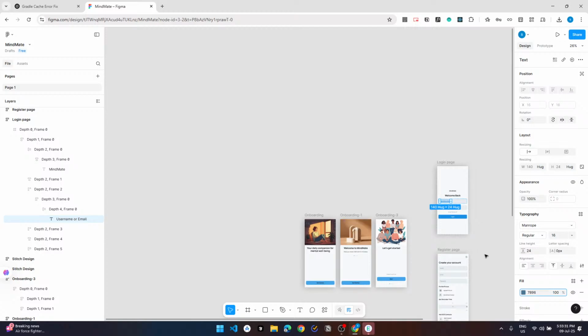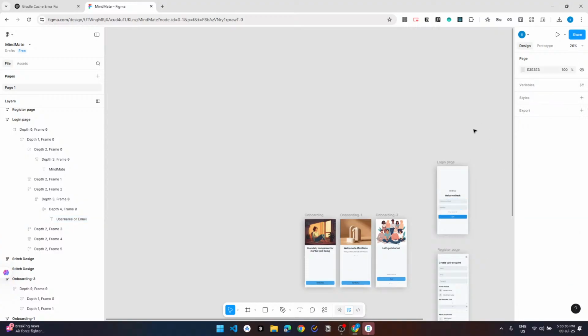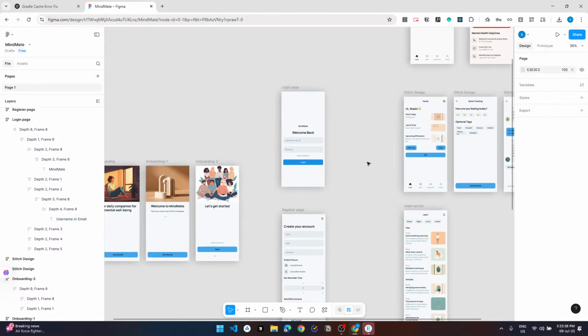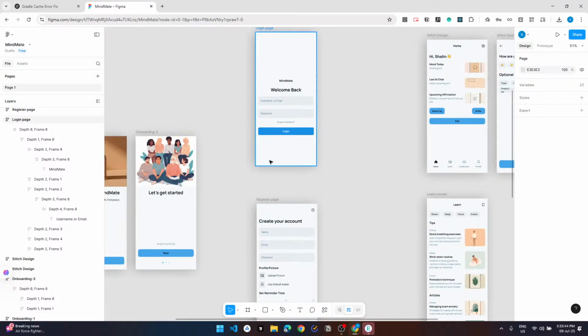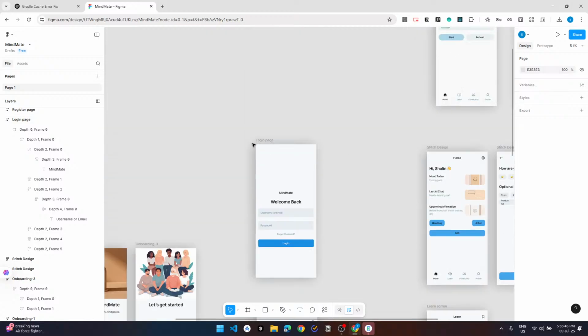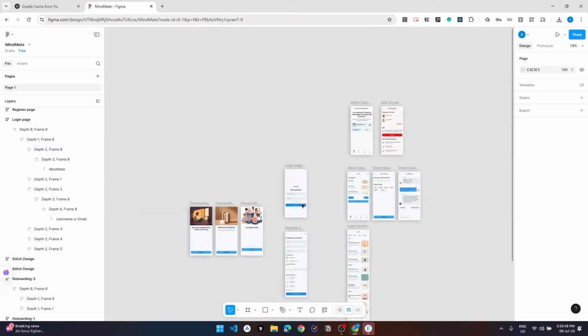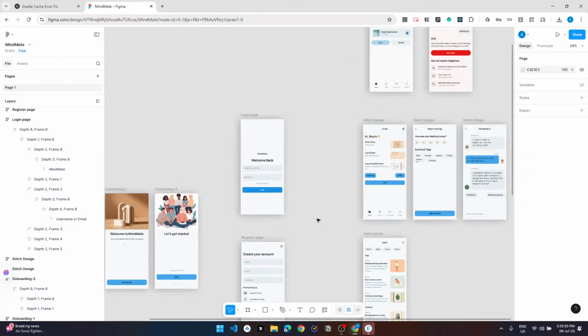Can AI give me these colors? So we have mainly two colors only, gray and blue.